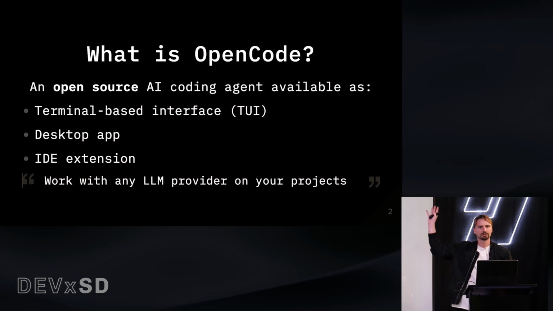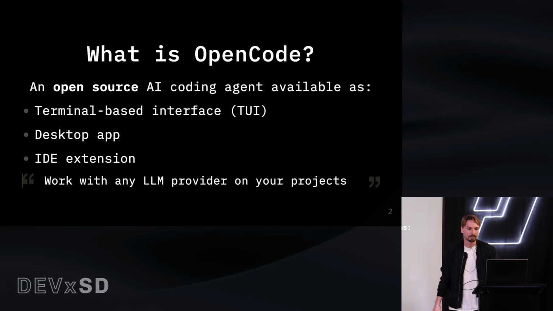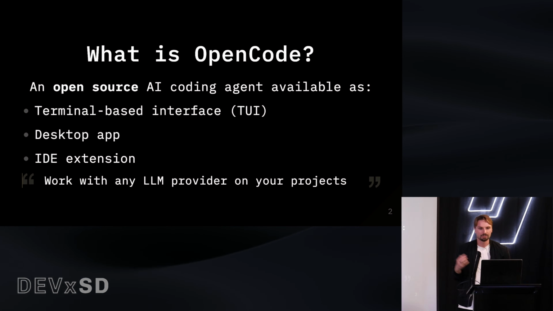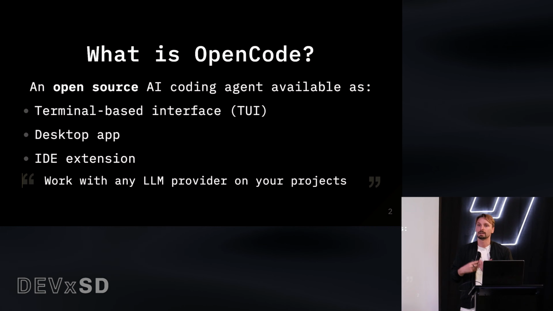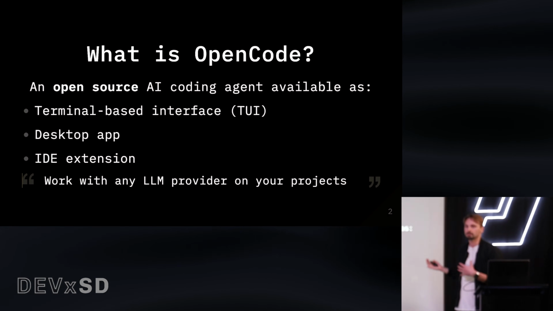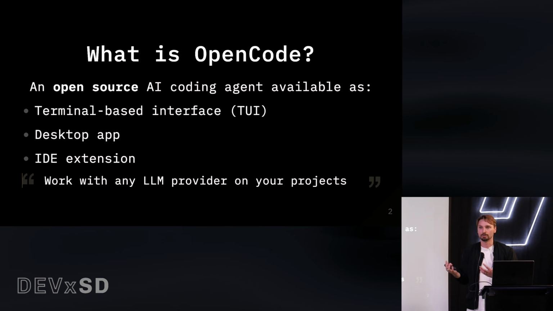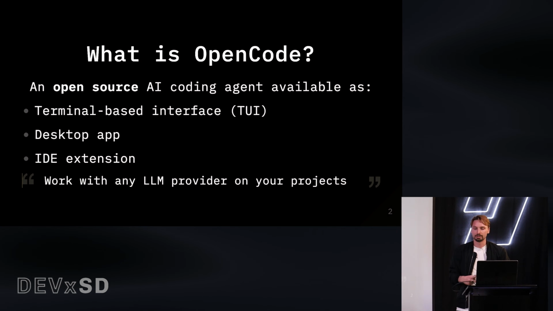Does anyone use Cursor? Cursor, cool, yeah. Similar to those types of things. For those of you who are unfamiliar, an agent is sort of like talking to ChatGPT, but it does things for you. In this case, open code is really specifically, purposely built to build for you, code for you, that sort of thing. It has multiple interfaces, terminal,